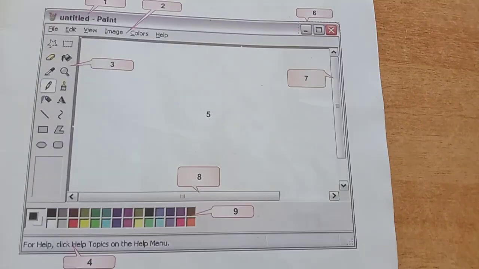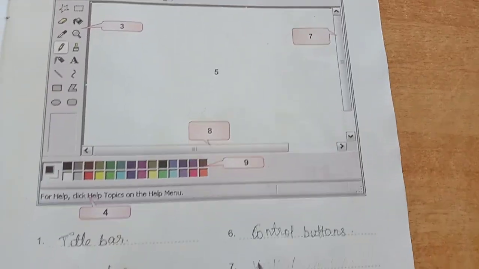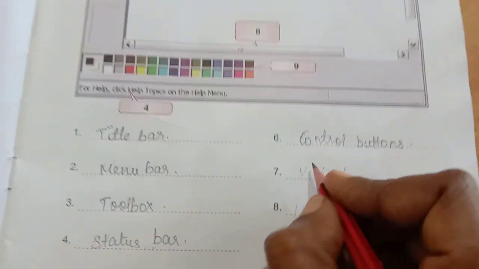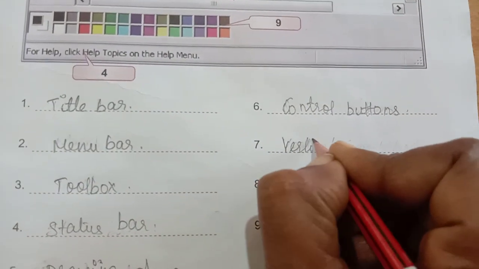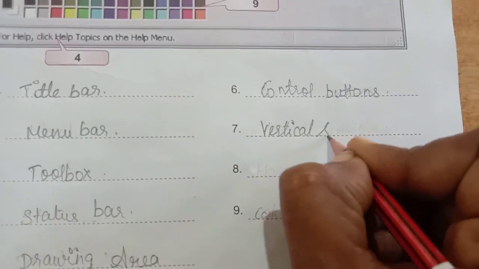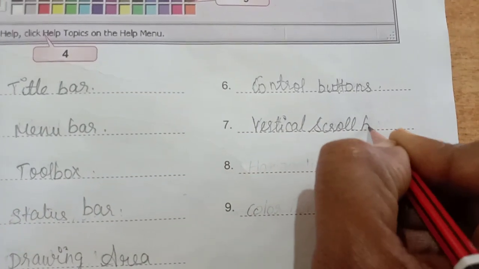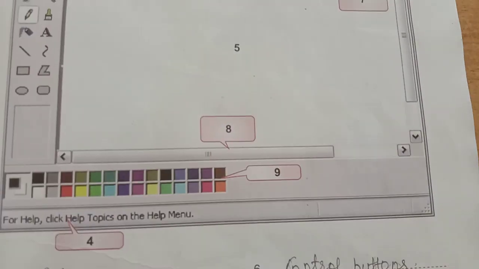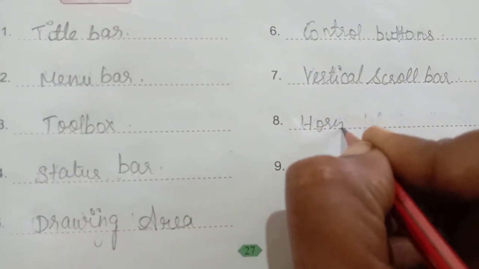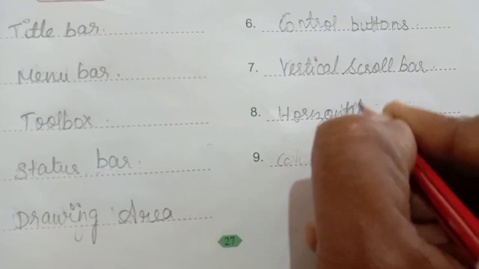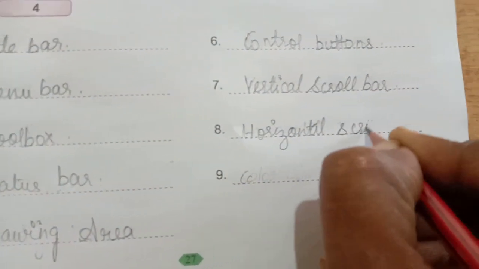What is the seventh one? Seventh one is a vertical scroll bar. What is eighth one? Eighth one is horizontal scroll bar.